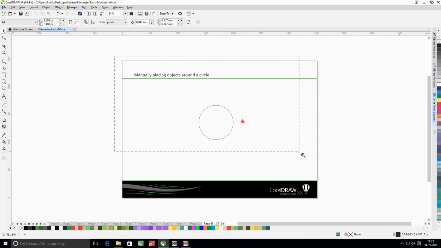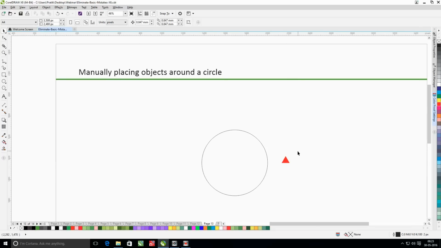Another very common mistake that I see users doing is they try to do things manually instead of using the inbuilt command or tool set available in CorelDRAW.